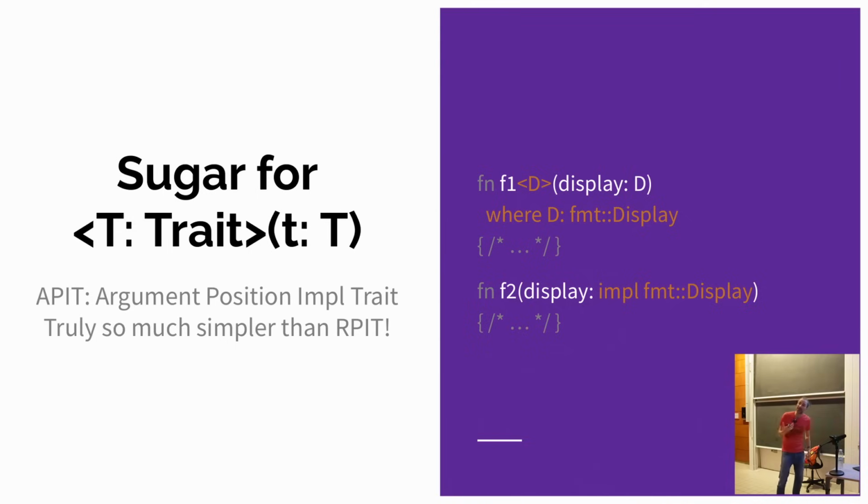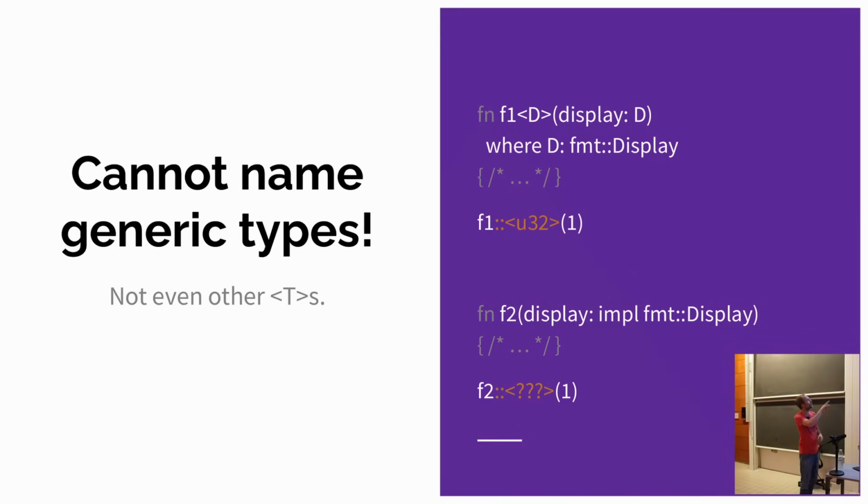It was stabilized in the same version of Rust, and I think it was mostly just for sort of symmetry with having it in return position. It feels like you should be able to put it in argument position as well. But it's not the same thing at all. It is a less syntax heavy shorthand that's easier to write. Like, it is truly just easier to write this often than generics, but it has no actual expressive power beyond normal generics. In fact, it's slightly worse, it's slightly weaker,